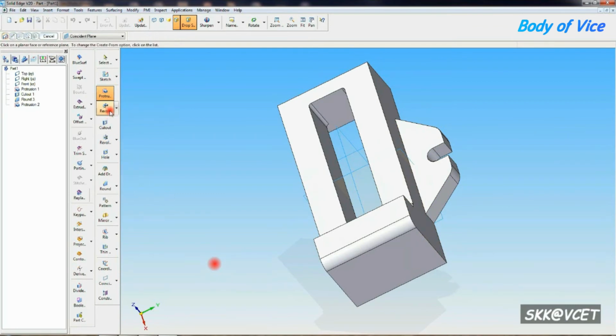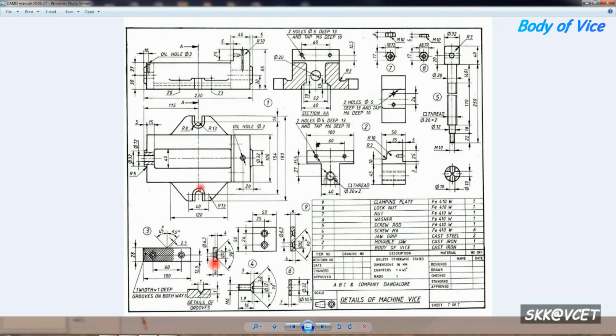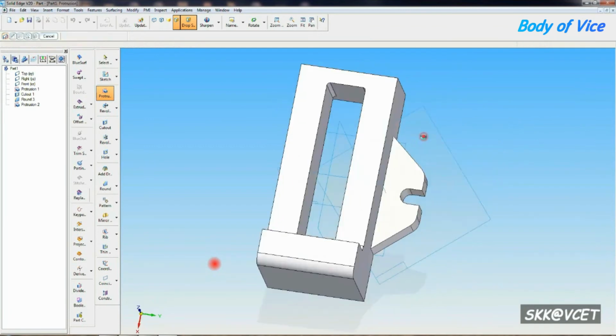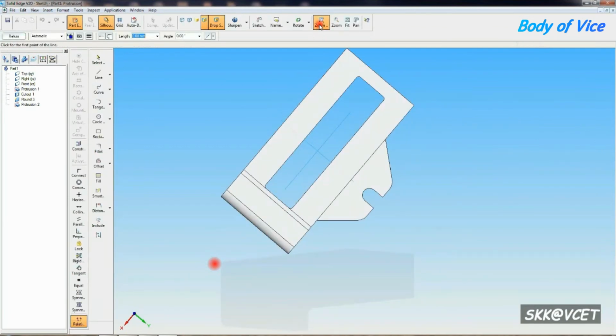Okay, now in the drawing, that small horseshoe shape you have to draw. For that, let's use the protrusion command only. Shoe thickness is 3 mm. Only 20 mm we have already drawn. Remaining is 3 mm. That radius is R8 and R13 is very essential here. Select protrusion. Select that surface.